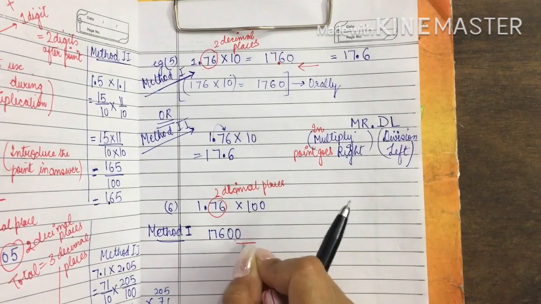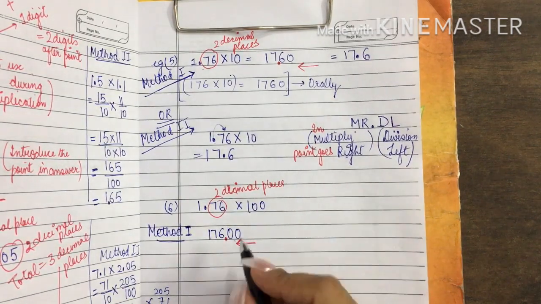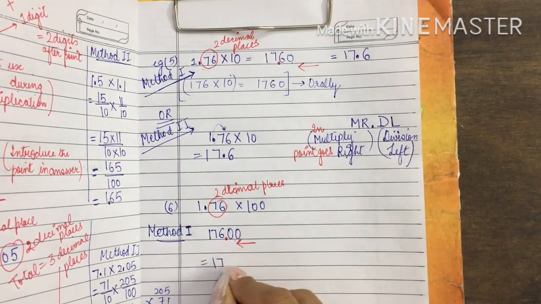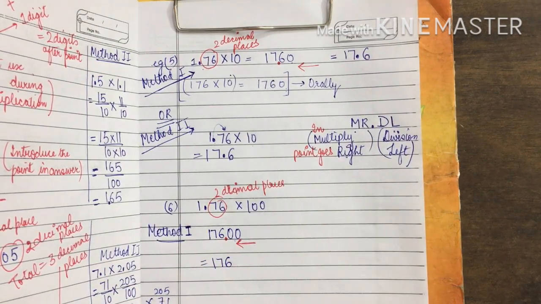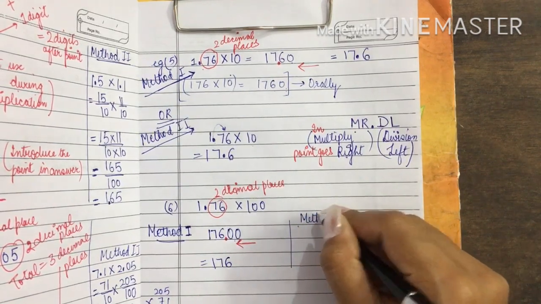So I will put the point after 2 digits. The point will be here. Zeros after the point can be ignored, so this becomes 176. And if I was using the second method, meaning my shortcut,